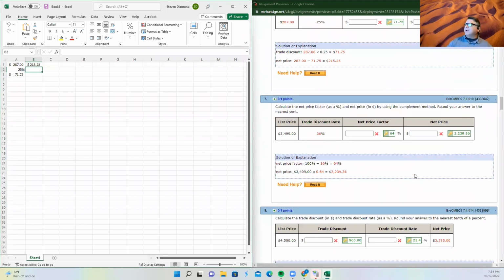this brings up net price factor. This is how you skip past figuring the discount, subtracting it. You do it all in one shot. Your net price factor is the number you multiply the price by to get your price. And it is simply